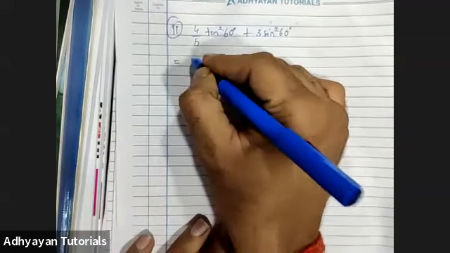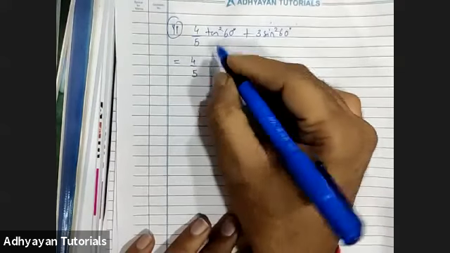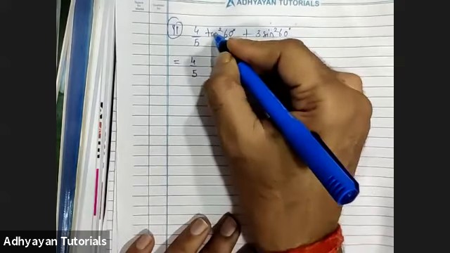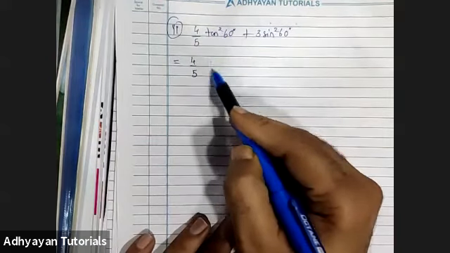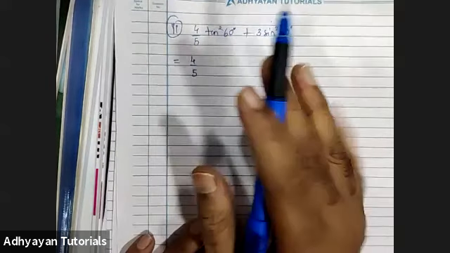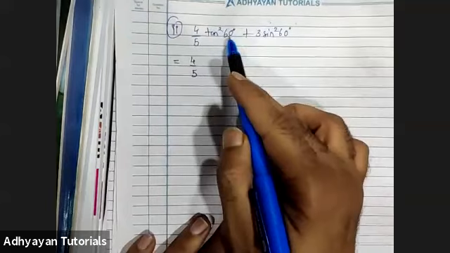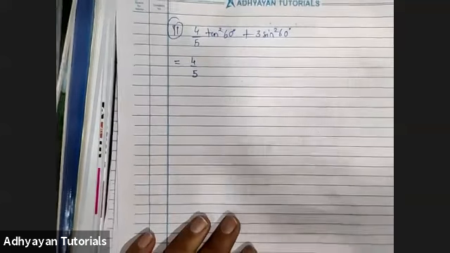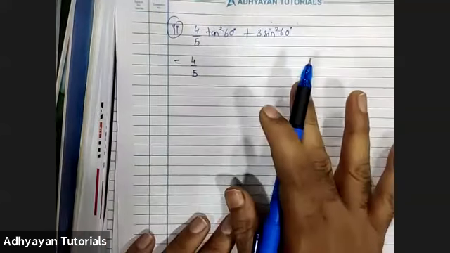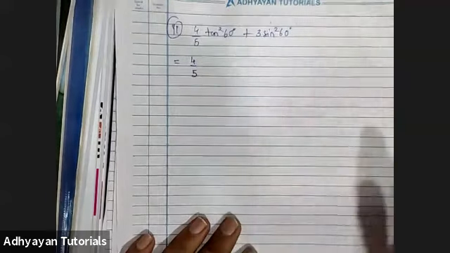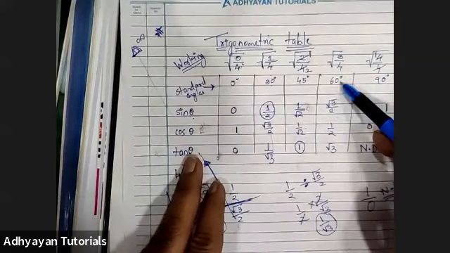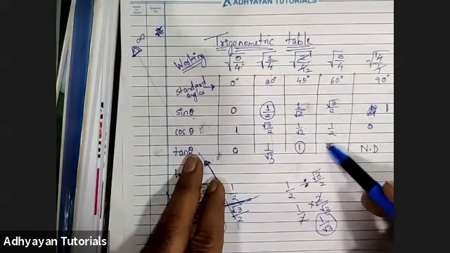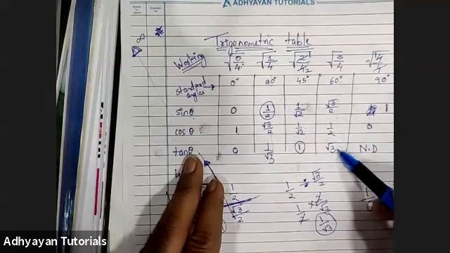Now children, 4 upon 5 tan square 60. Now what is tan square 60? When I say tan square 60, what does it mean? It means tan 60 का जो भी value होगा उसका square. It does not mean कि 60 का square करो और फिर tan 3600 का value ढूंढो. I hope everybody has understood that. तो tan 60 का value from the table. See, tan 60. It comes here. Tan 60 का value, children, is nothing but root 3.